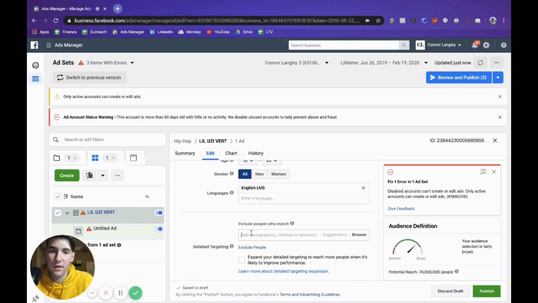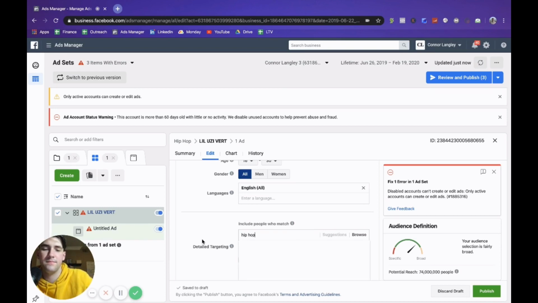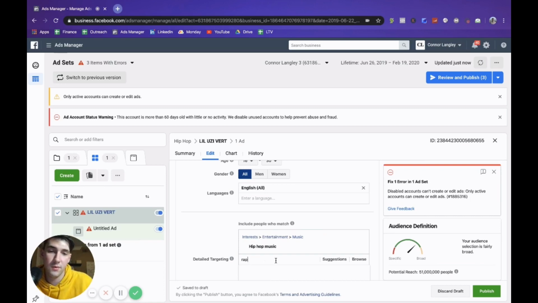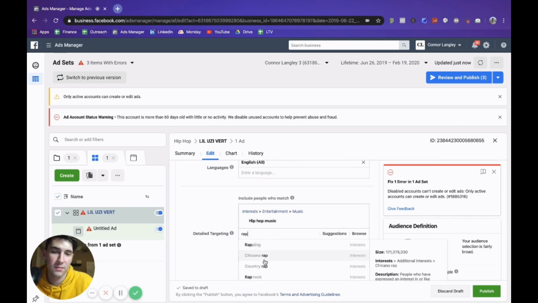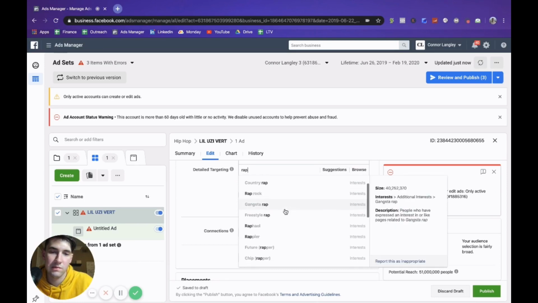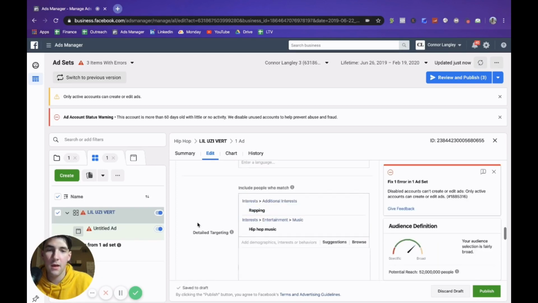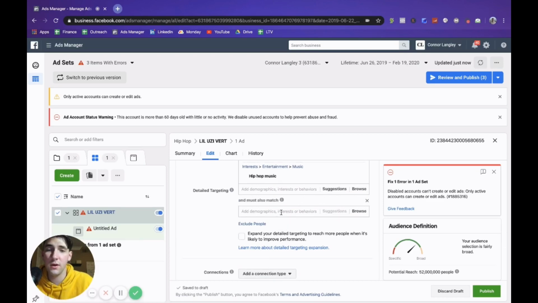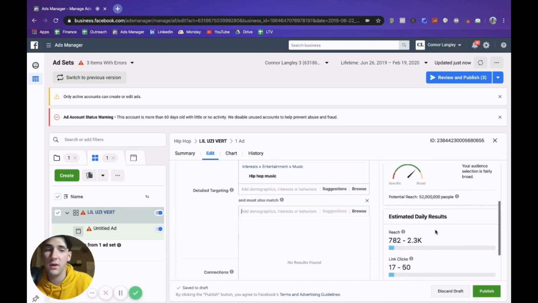And then right here where it says include interests, let's say hip hop music is an interest, rap is an interest, rapping, whatever. And then what you're going to want to do is narrow it. Okay, so you can see right here we have 52 million. That's a lot. And how we do this is essentially think of these